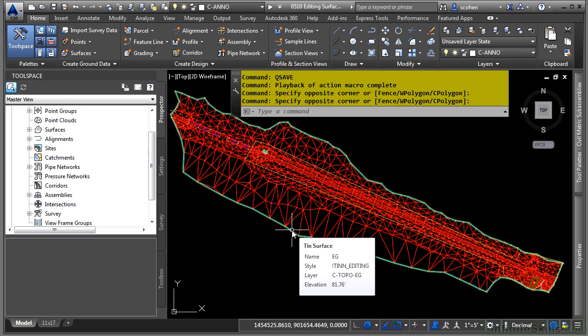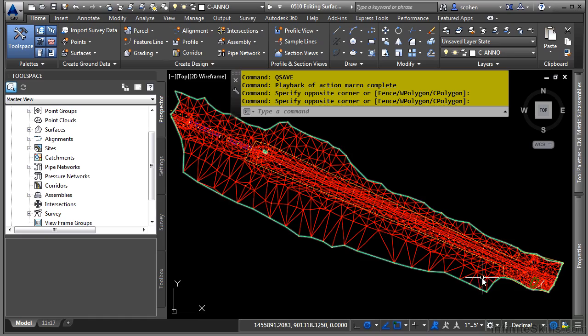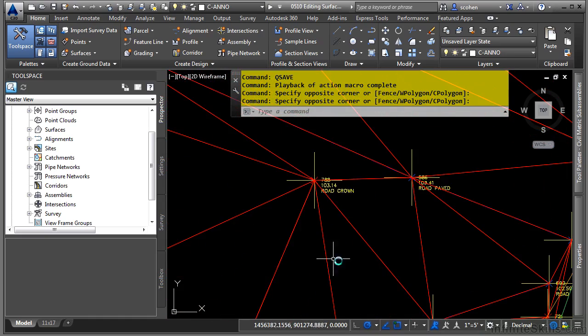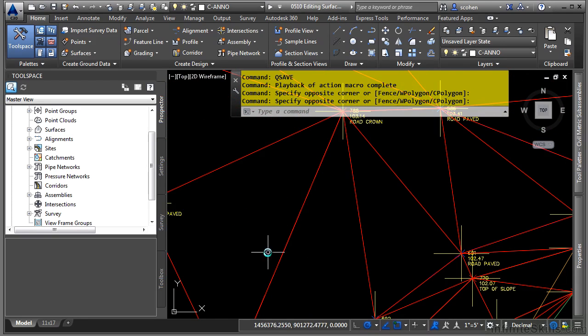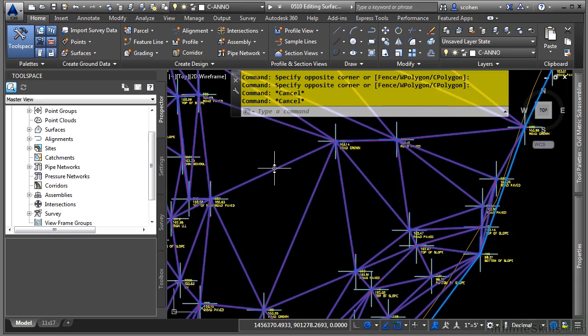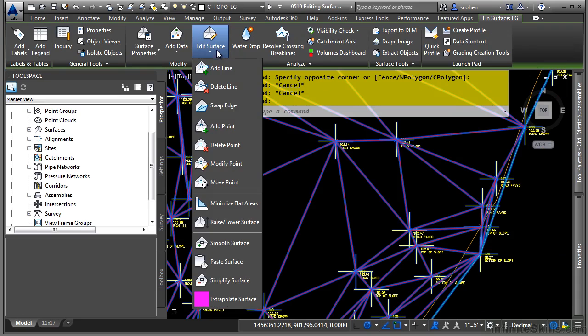We'll look at editing, removing, and adding surface points. Let's go ahead and zoom into the bottom right part of our surface. Now let's say we had contours displaying and they weren't displaying exactly the way they should be, just because they didn't get enough points in this area, you could actually add surface points. Let's select the surface, and we'll pick on Edit Surface, and here are all